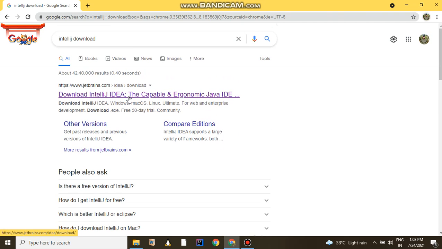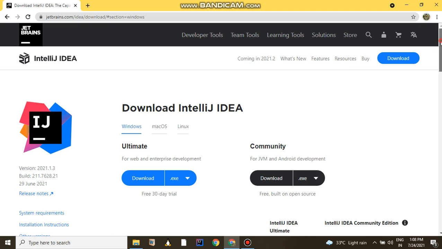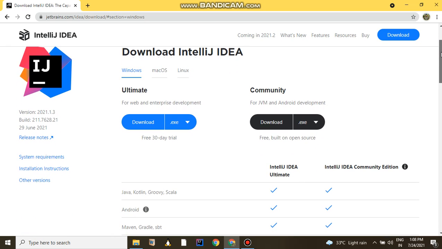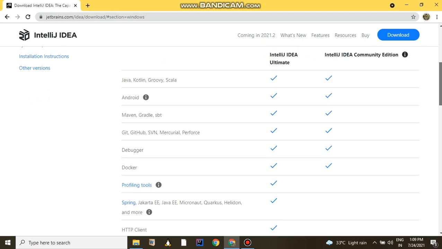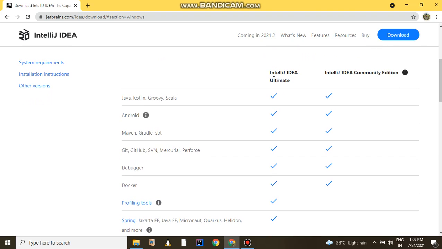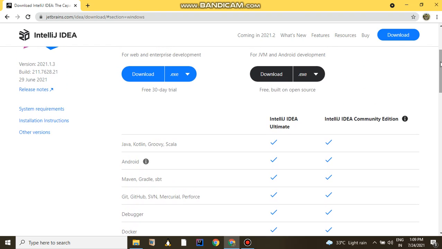Click on the first link which is coming in our Google search engine. Here it is providing two kinds of versions. One is Ultimate, one is Community. If you scroll down, you can see the features which are available in a comparative view for both Ultimate and Community. So we are not going to bother about the Ultimate version, which is a paid version, right? Better go for this Community edition, which is totally free for us, right? So just click on this download,